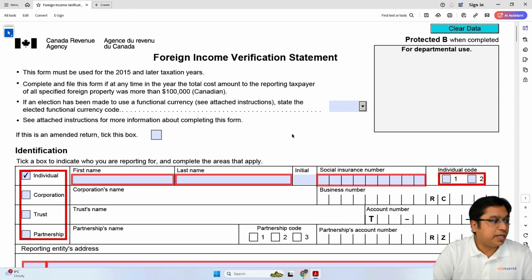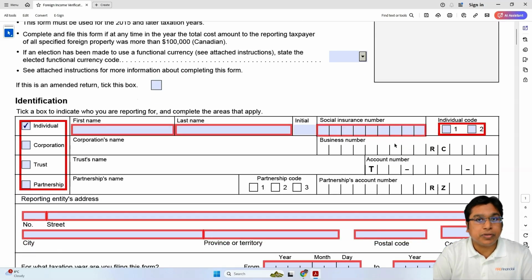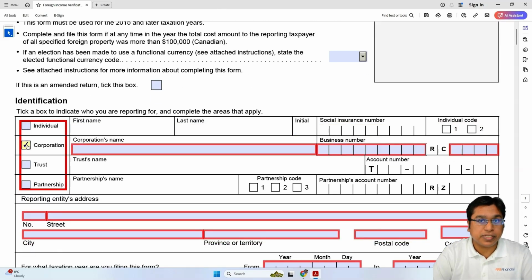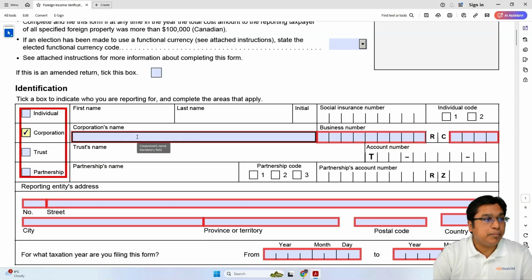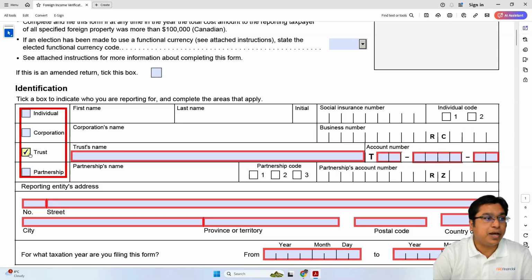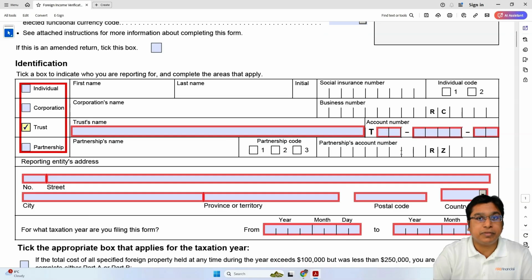Now, if you go to the next section, it will tell you what method you are going to use to report this. CRA has given you a little bit of relief and made it very simple if your total cost is between $100,000 and $250,000.